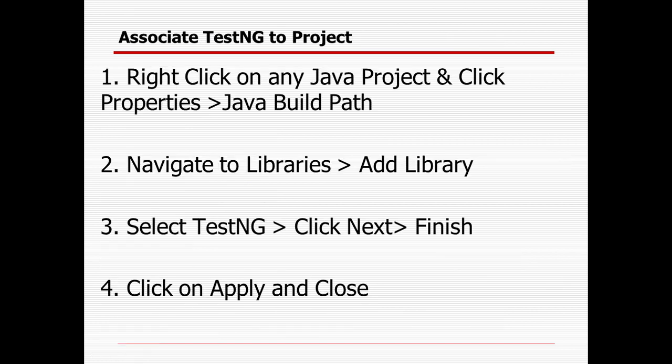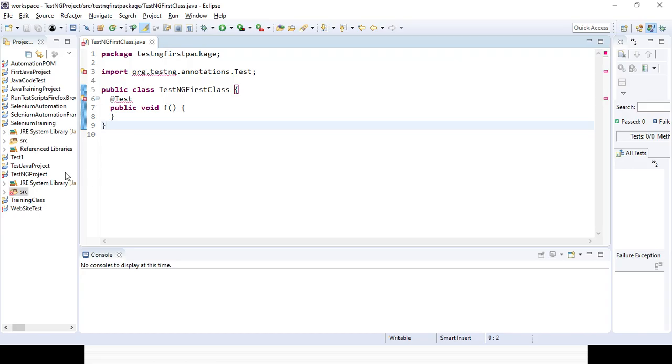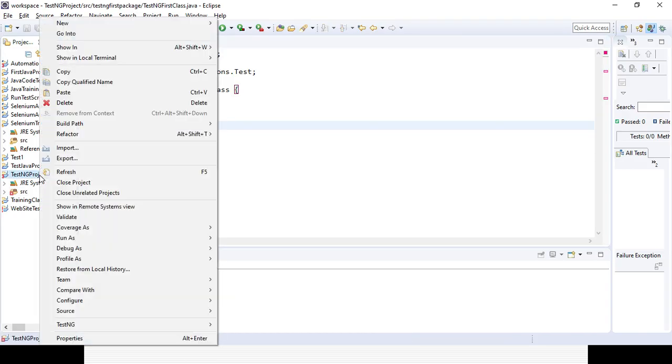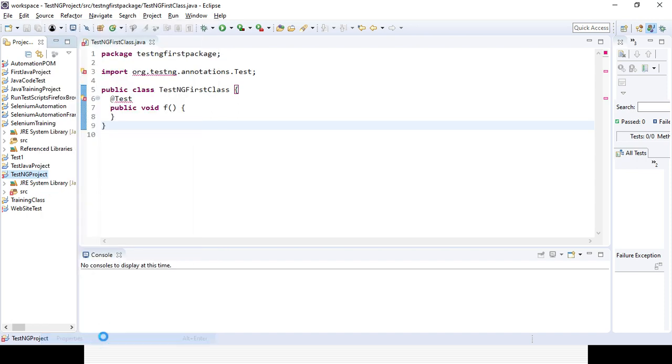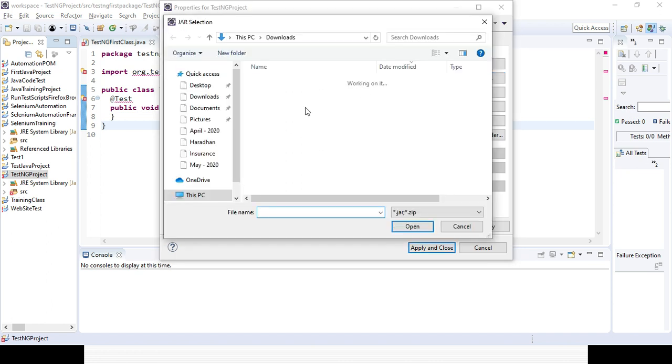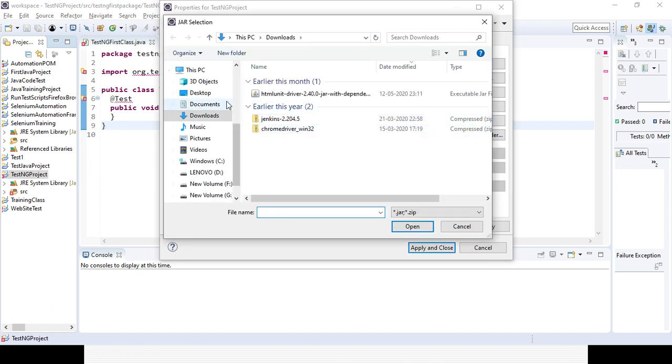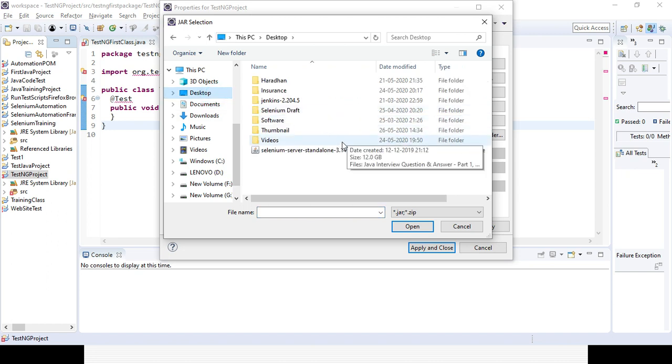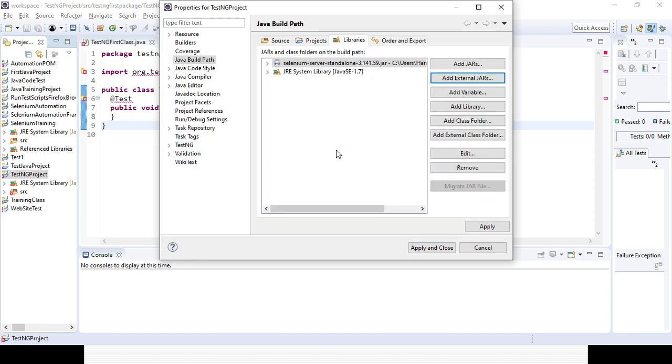You need to right click on the project whatever you have created, and click on Properties. Here you need to click on Java Build Path, then click on Libraries. First you need to add external JARs. Whatever Selenium project is already there, the Selenium jar files, are already available on my desktop. I am adding the Selenium server standalone jar file, and after that you need to